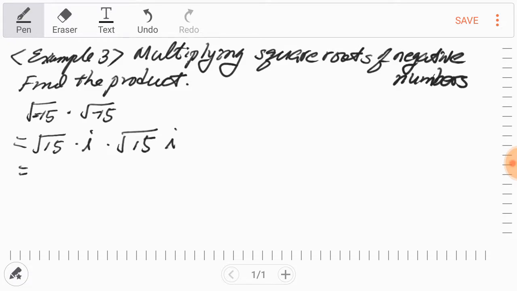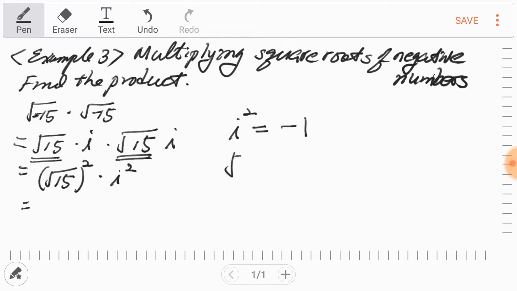Then collect the numbers together. There are two square root of 15 multiplied. So we can raise square root of 15 to the second power times i, which is i squared. Okay, then this is equal to, you remember from the last example, i squared is always equal to negative 1,